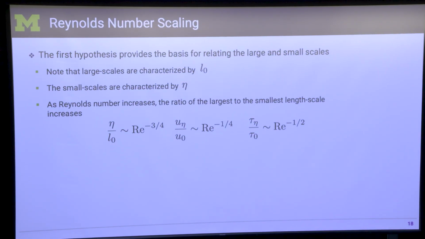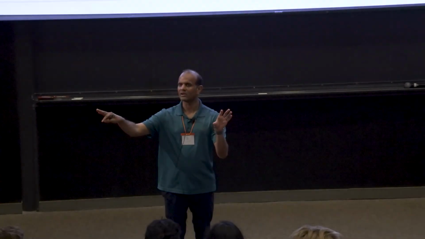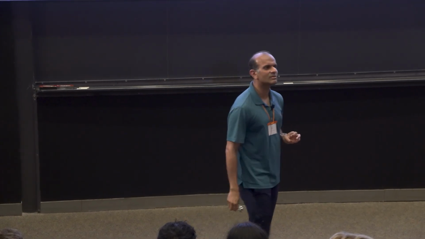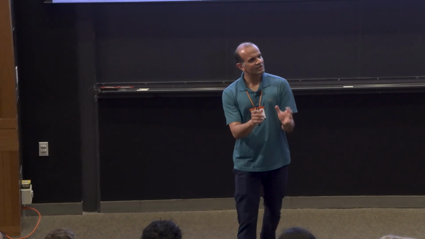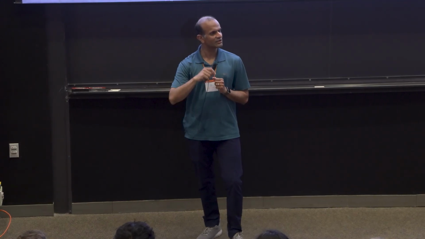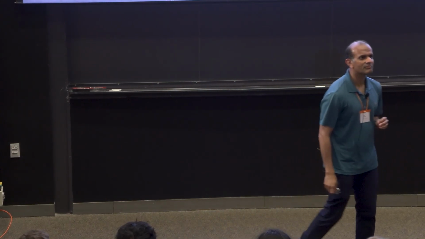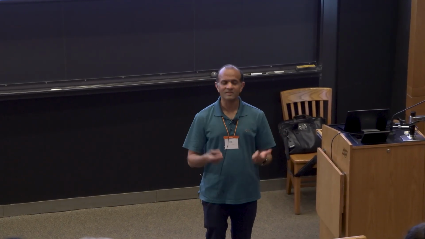And it says here, eta over L0 scales as Reynolds number power minus 3/4. Now, 3/4 is very close to 1, right? 0.75 to 1. They're all roughly the same. So it tells you eta over L0 scales as 1 over Reynolds number, roughly, for estimation purposes. So if you take the same flow, you make the Reynolds number go up by a factor of 10, right? Eta is going to go down by a factor of 10. Yeah? So this is very important. As Reynolds number increases, your Kolmogorov length scale becomes smaller and smaller.